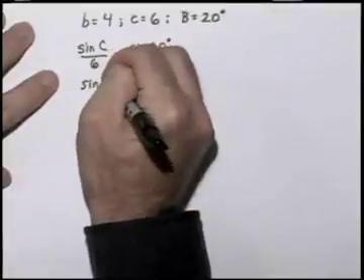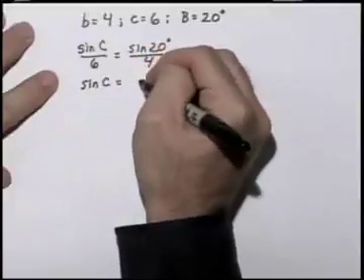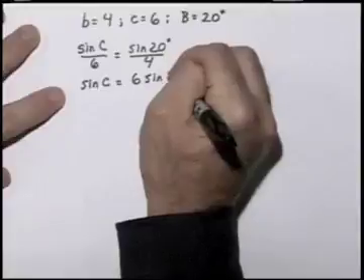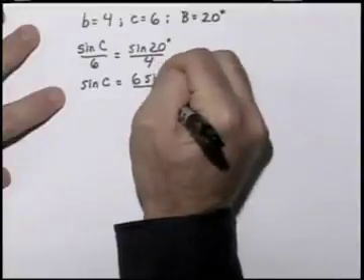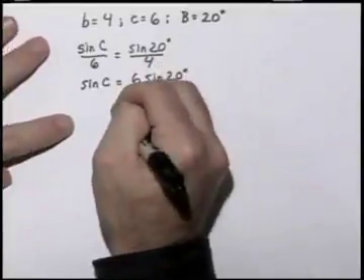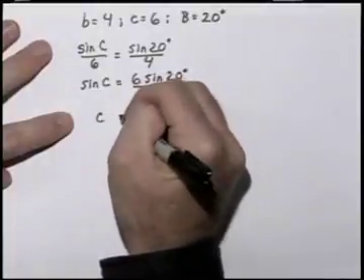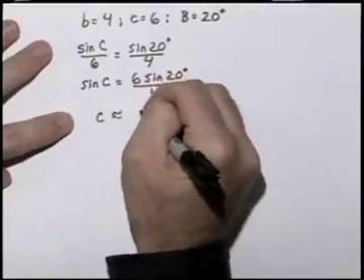This gives me that the sine of the angle C is going to equal 6 times the sine of 20 degrees over 4. If I take the inverse sine of both sides, I'm ultimately going to end up with that C is about